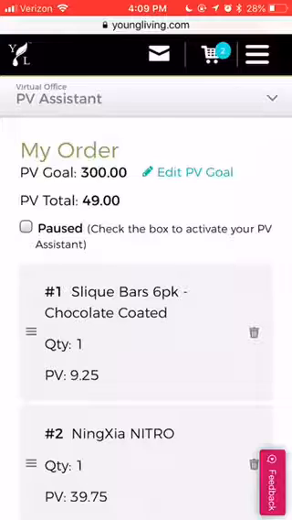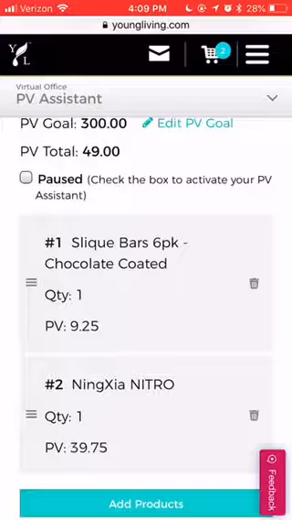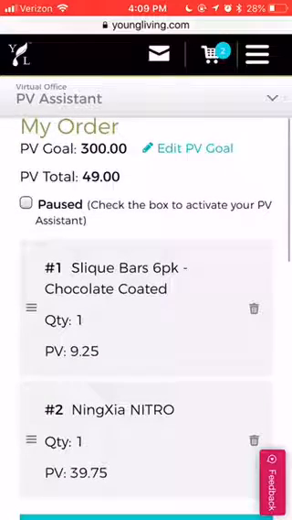But if I have this set up, then it's going to add these products, as many as needed, until it gets me to that goal, okay? So this would be something, again, to set, especially if you're earning commission. You don't want to drop underneath that $100 PV or 100 PV. And then, of course, for mine, it's set at 300 because I don't want to lose any of the promos,